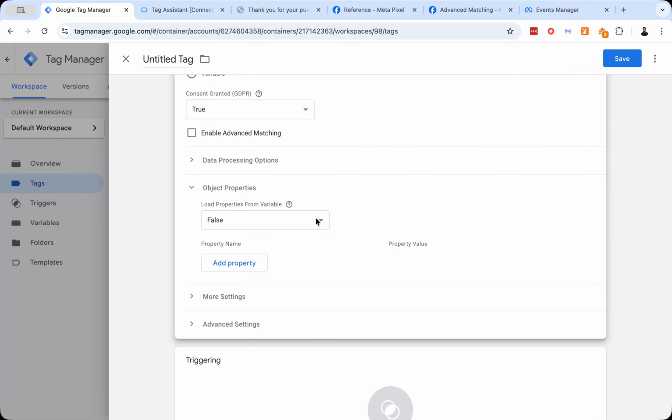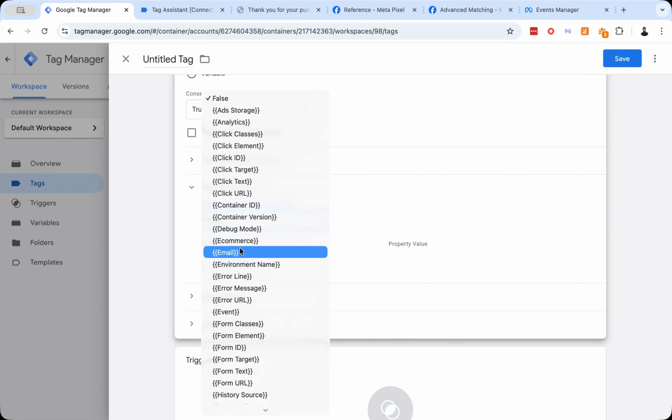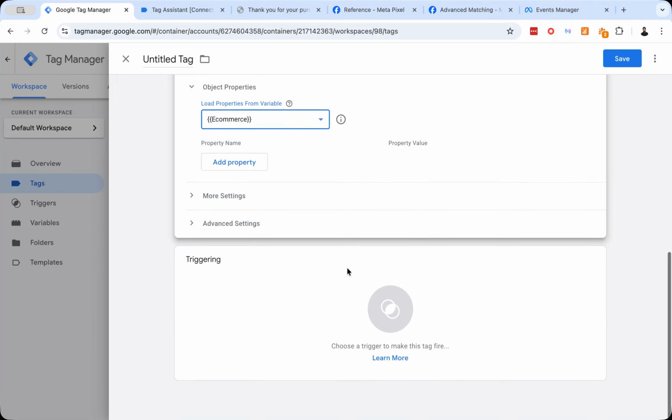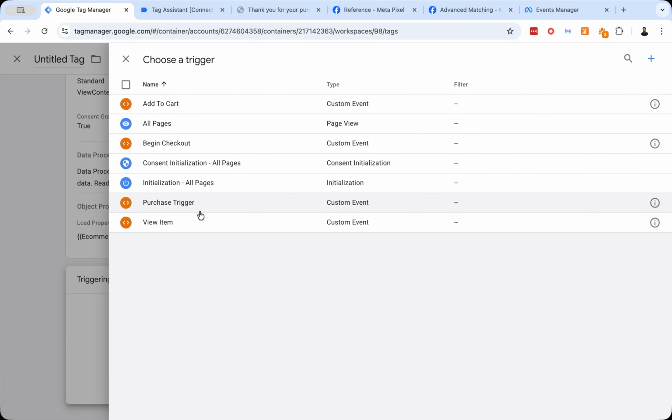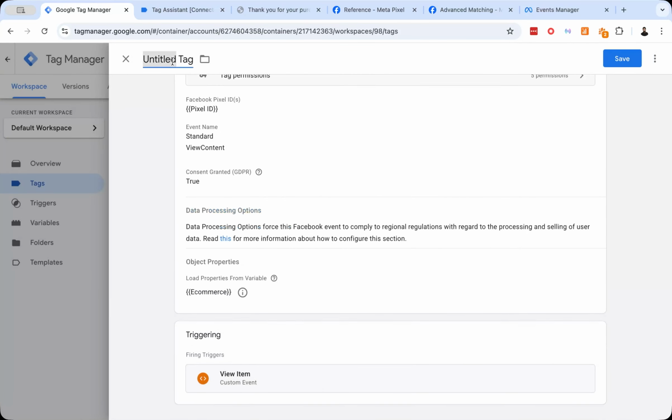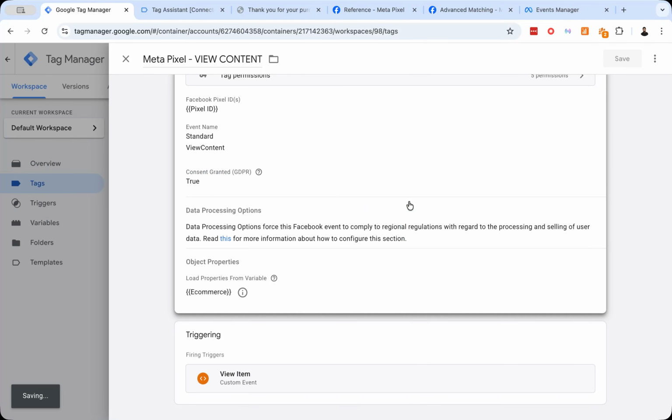I have already created the variable, and the variable name is e-commerce, this one, and the trigger will be view item. Okay, now write the name view content. Okay,